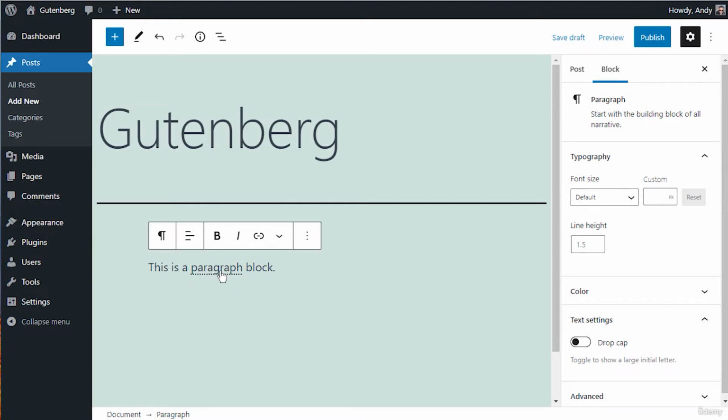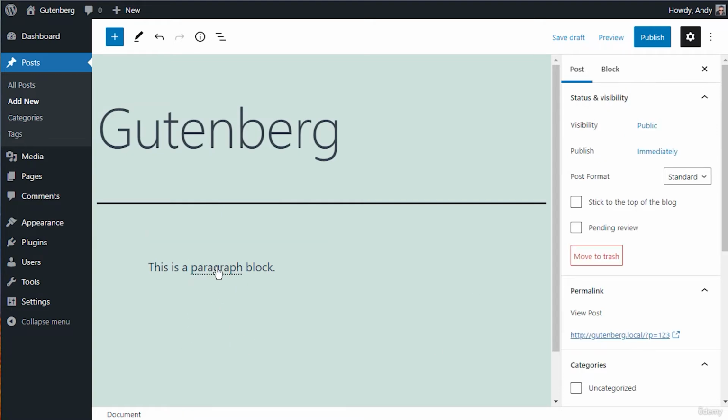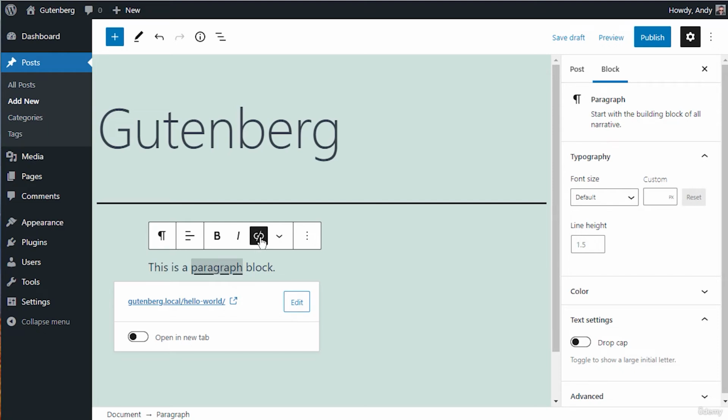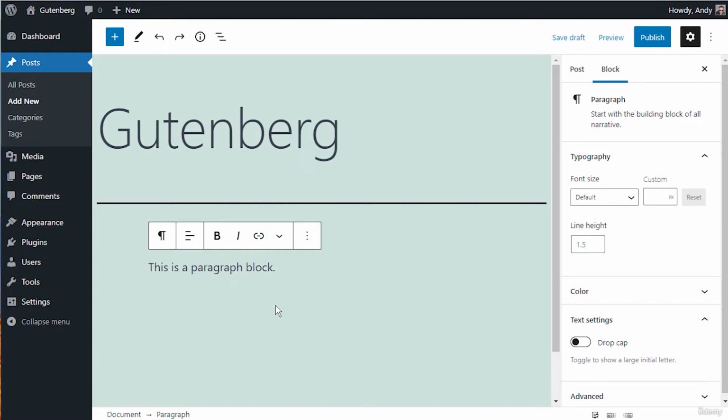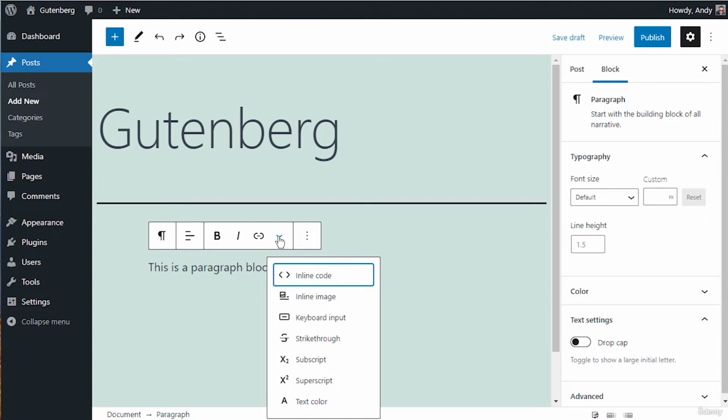When you select a hyperlink, you see this button changes, it now becomes an unlink button. So if I click on that, it will unlink that word. The next item here allows you to do a few things to the text in the paragraph block. You can insert inline code, you can insert an inline image, you can make the text superscript, subscript, strikethrough,